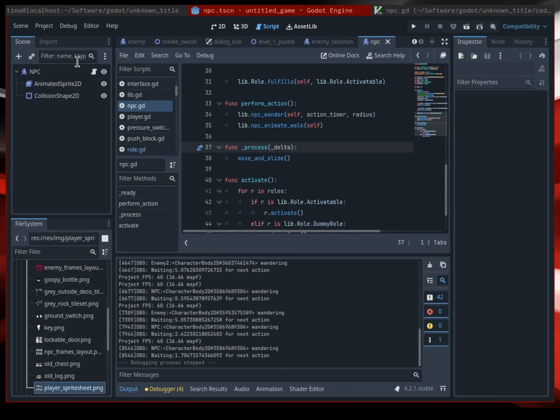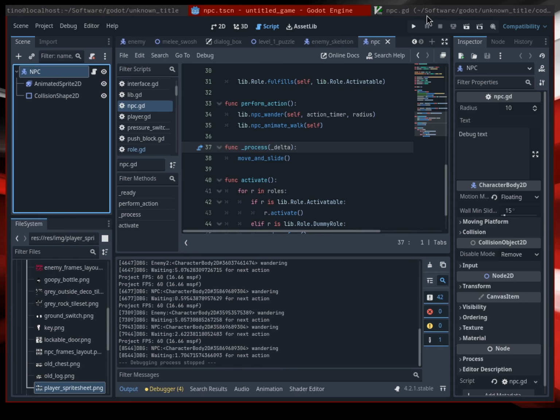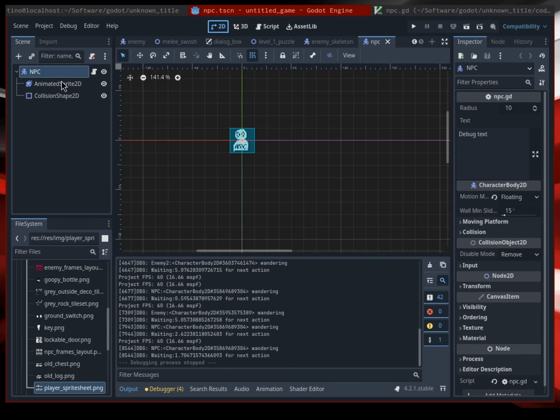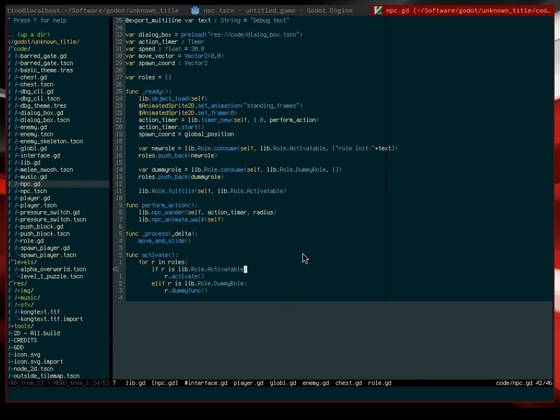You can see my NPC only has this one script. There's no other stuff here. So what's the problem with the roles in this instance? Since Godot doesn't really support creating functions in runtime, except through the metadata, these roles are not very useful,